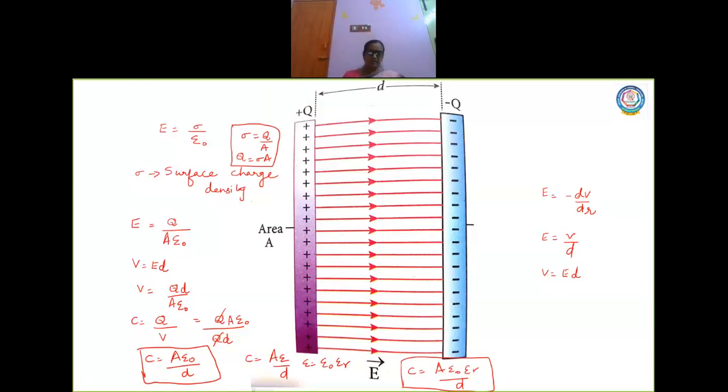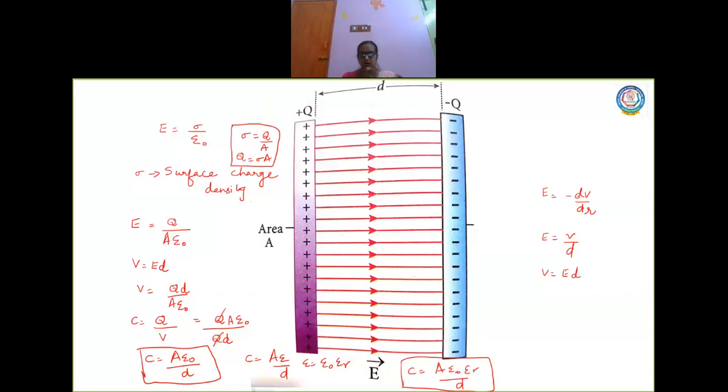The second point they discuss about is the distance D. So if the distance D between the two plates is reduced, now if the plates are going to be closer, what happens to the potential difference, children? The potential difference also will be decreasing, because potential difference is nothing but work done in moving one charge from one point to other. So if the distance is going to be decreasing, potential also will decrease.